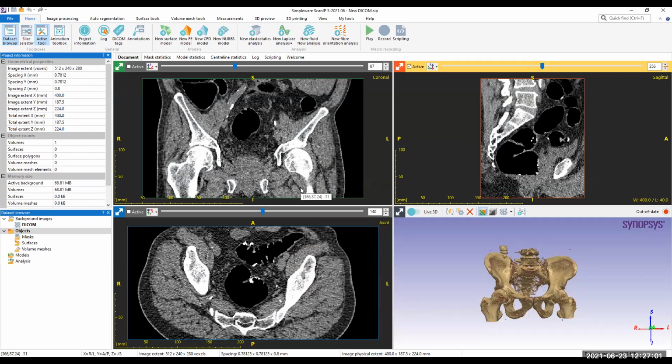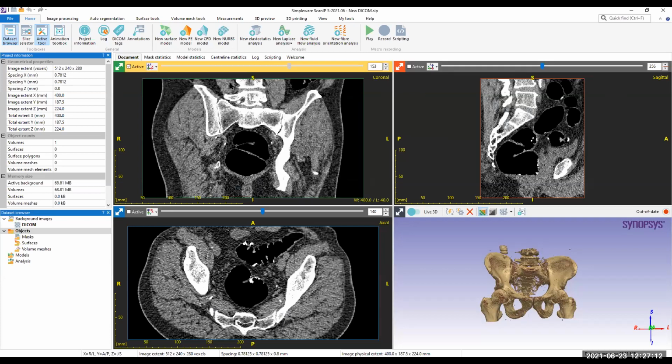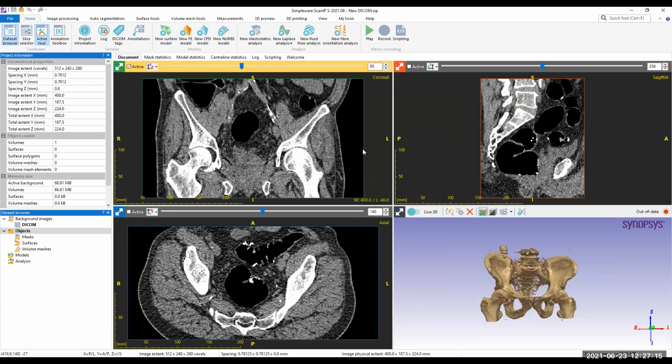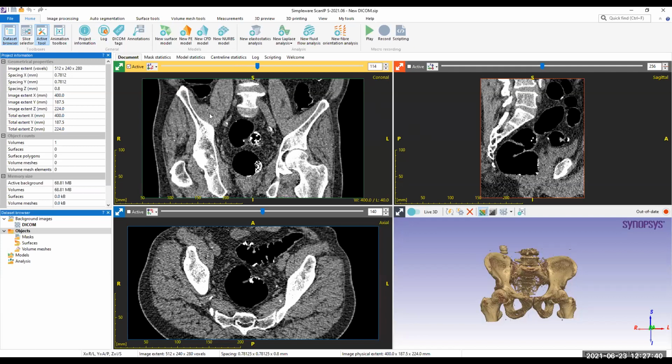The first step of image processing is always identifying our region of interest. In this data set, it is already cropped to a specific region, but sometimes we get a whole body MRI or CT scan. I need to identify a specific region so that whatever tools we use are not working on the complete data set. That would take more time and would require more hardware specifications. So I have already cropped it to my region of interest.